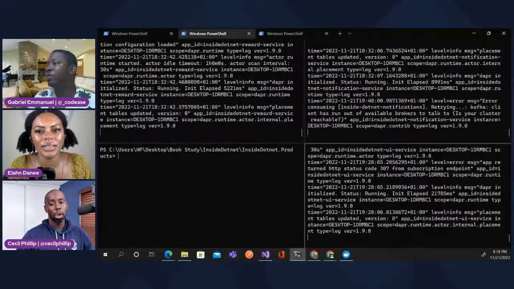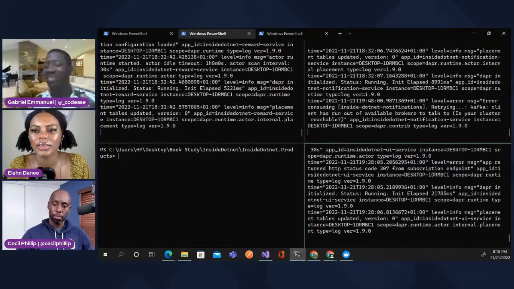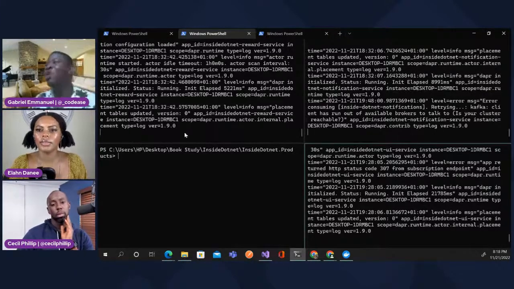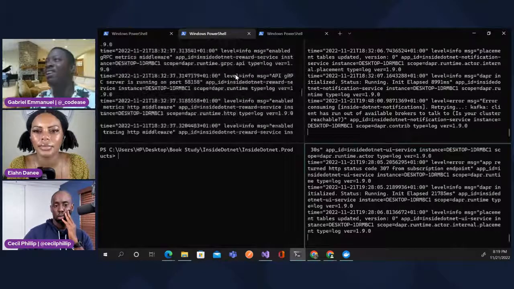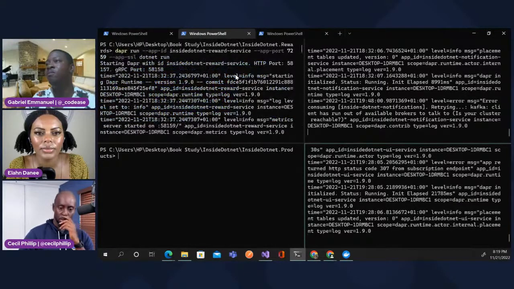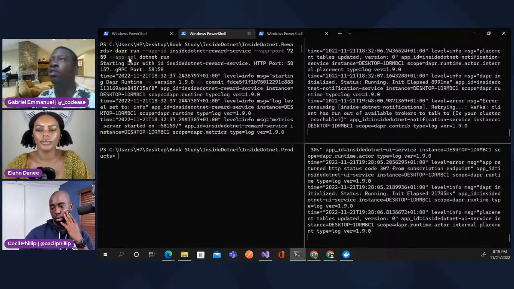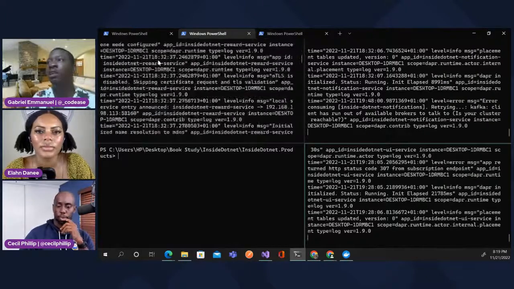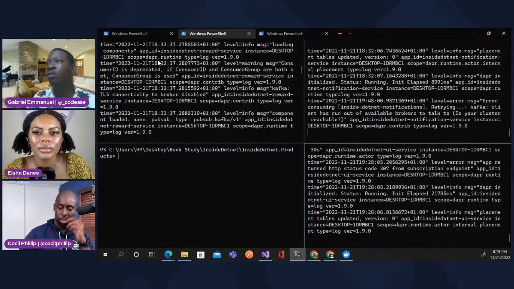If you can see this, this was my whole idea of saving the day, right? So I thought, start up Docker before the program, start up some of the services so that you do not need to go through the whole hassle of starting up the services while on the stream. And this should be the reward service. So the command I used was Dapr run, the ID of the reward service, the port it was running on, and I also specified that it should use SSL, and then Dapr run went through all of the process to start it up,